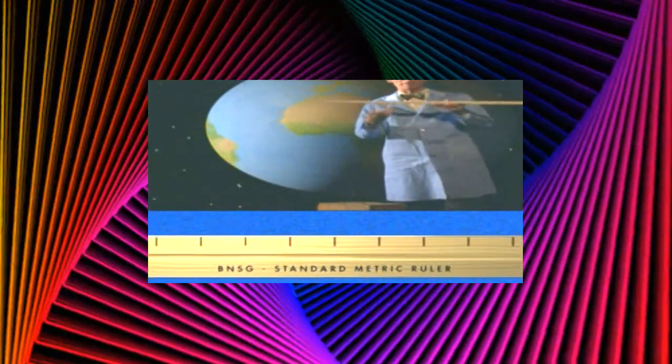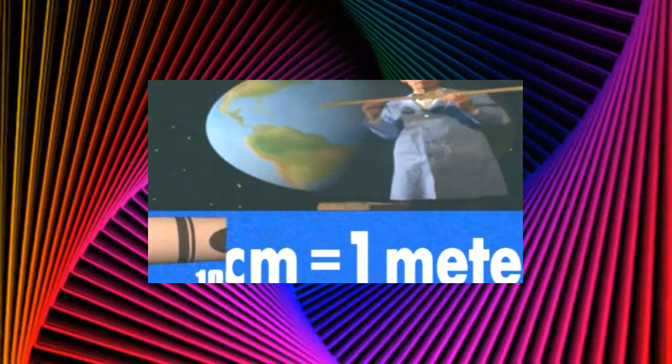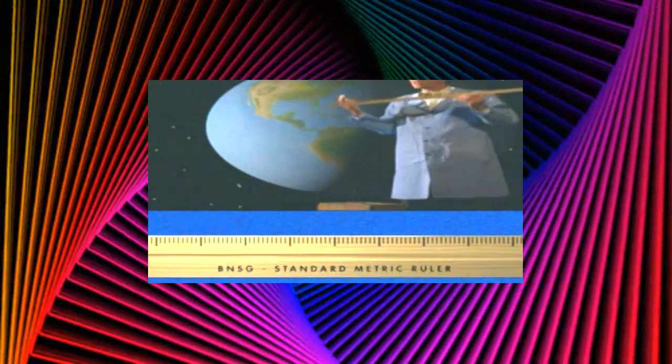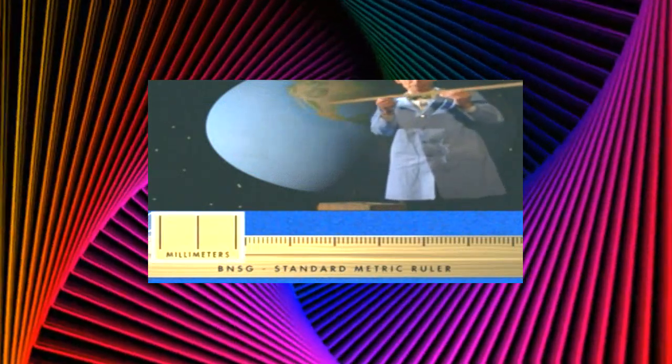You can divide a meter by 10 and 10 again, and you get centimeters. There are 100 centimeters in a meter, just like there are 100 cents in a dollar. You can divide it by 1,000, and you get millimeters, by 1,000,000, and you get micrometers. It's easy. With a meter, you can measure just about anything.